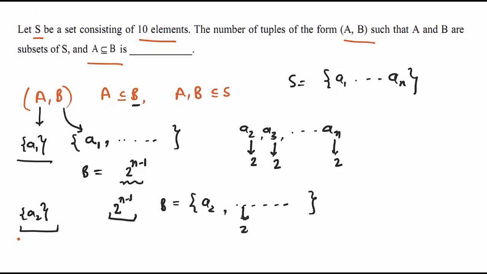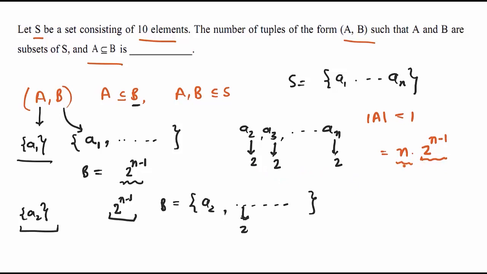So here, if A is having only one element, if cardinality of A is 1, then total possibilities for B will be n into 2 power n minus 1, right? Why? Because this 2 power n minus 1 is coming from the choices for every element that we have, right? For every n minus 1 element that we have, from there we are getting this 2 power n minus 1.